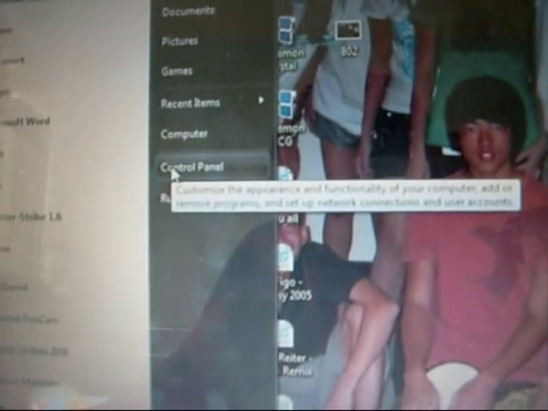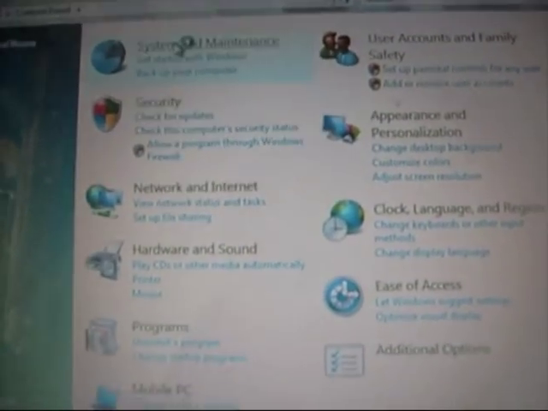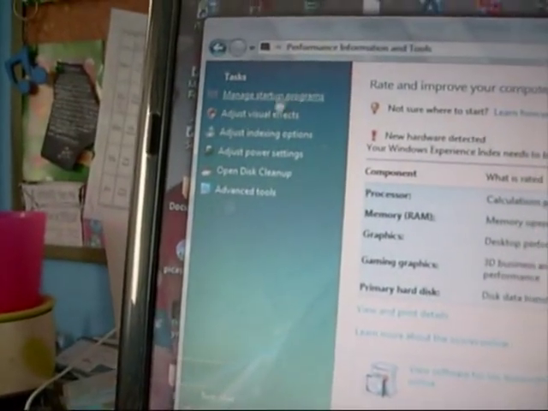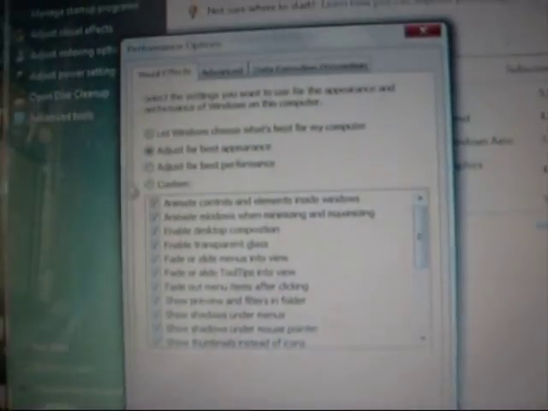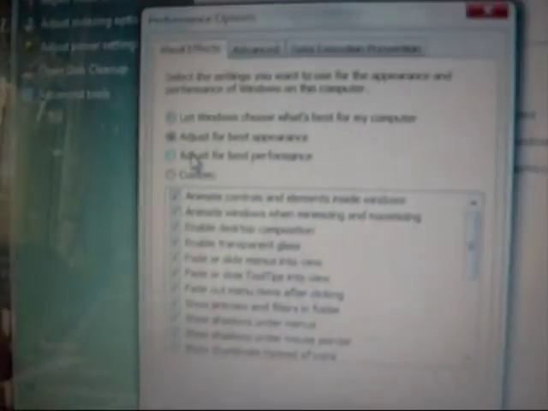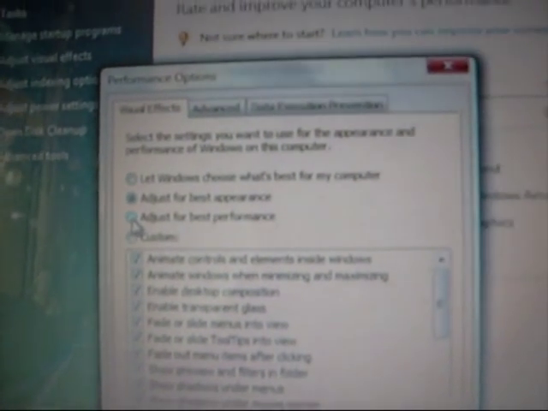Okay, and next you just go to start. You don't go to documents. You go to control panel. You go to system and maintenance, and you go down and performance, information, and tools. Right, and then you just go on the left column. There's this thing called adjust visual effects. So if you want your computer to have the best speed when it's loading programs and software, you just click